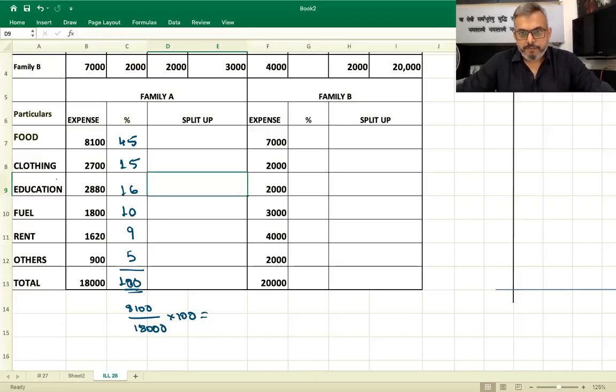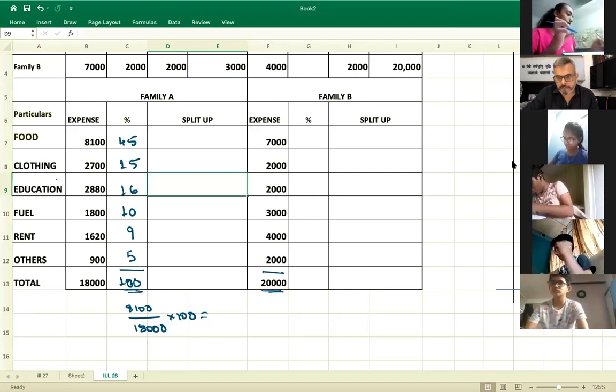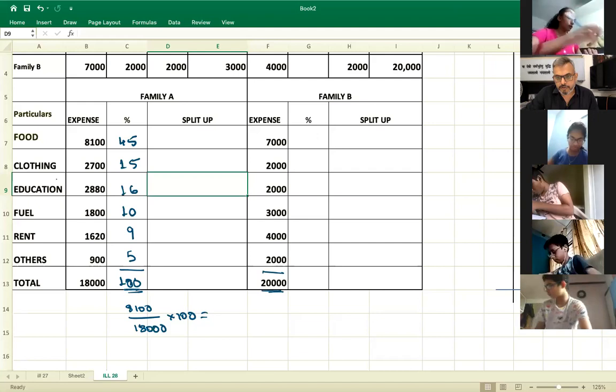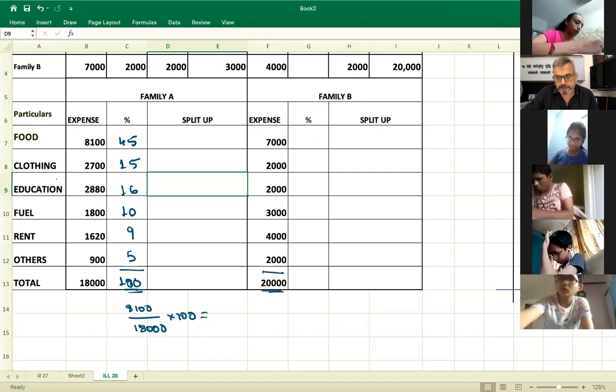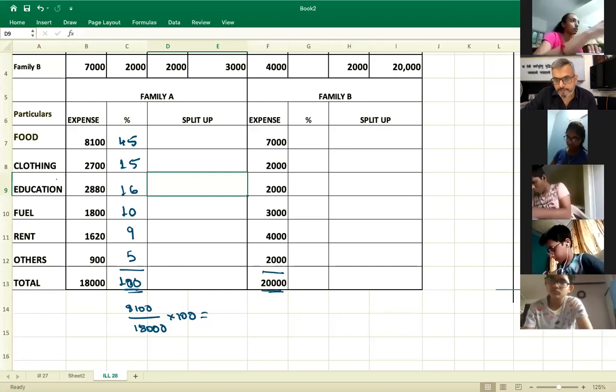Okay, now we go to family B. 20,000 is the total. So now let's find out 7,000 divided by 20,000 percentage. ये परसेंटेज सबको पता चल रहा है कैसे करना है? नहीं पता चल रहा है किसी को? Kanan, are you able to understand? No, sir. Yes or no? No. ओके, ध्यान दो बेटा।